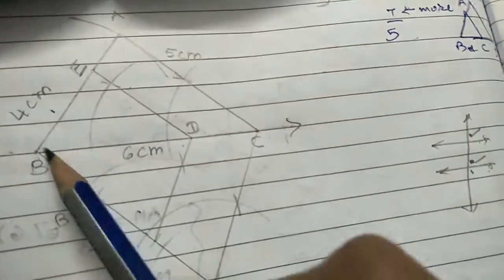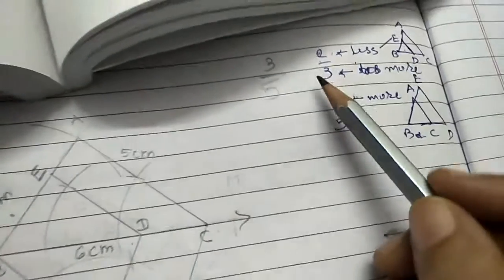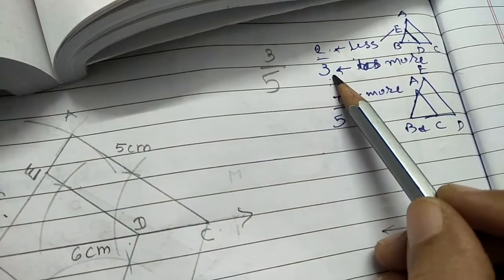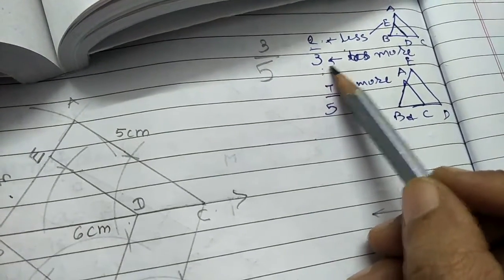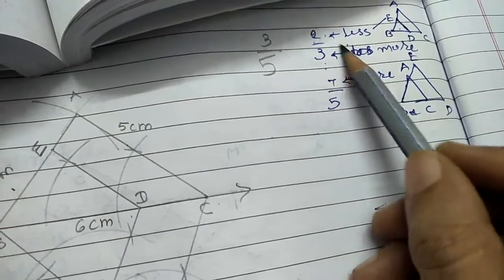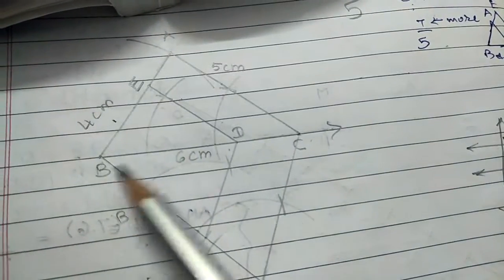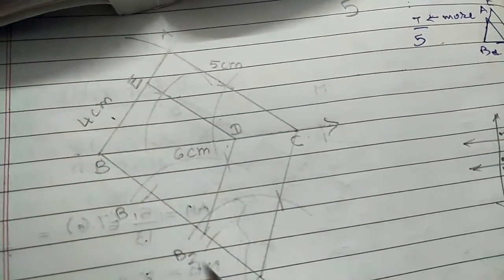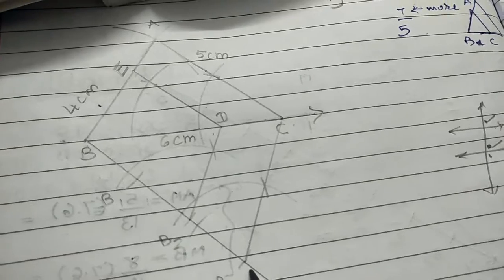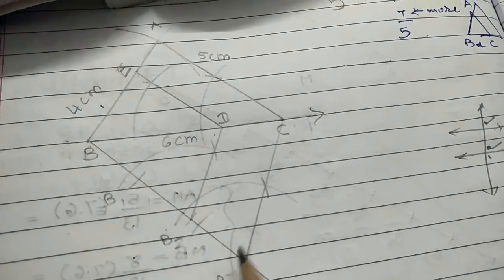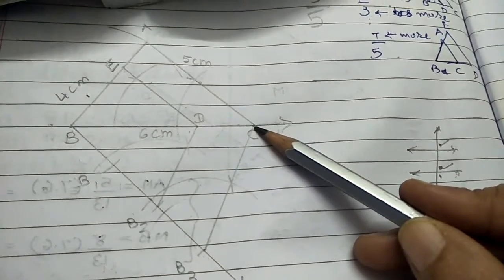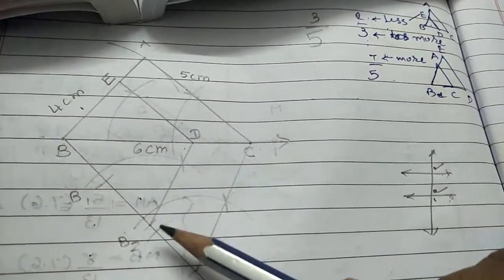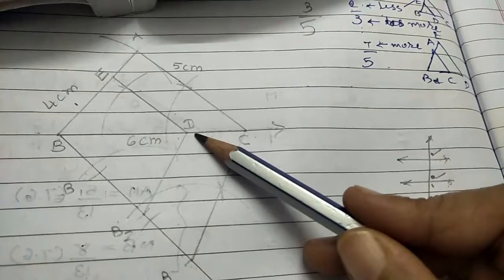The first construction which we did, there it was 2 by 3 parts, so we made a triangle which is smaller than the original. If you see here, this is 6 centimeter, 5 centimeter, and we made 3 parts here: 1, 2 and 3. Then we joined the third part with the line segment here, and then we constructed.